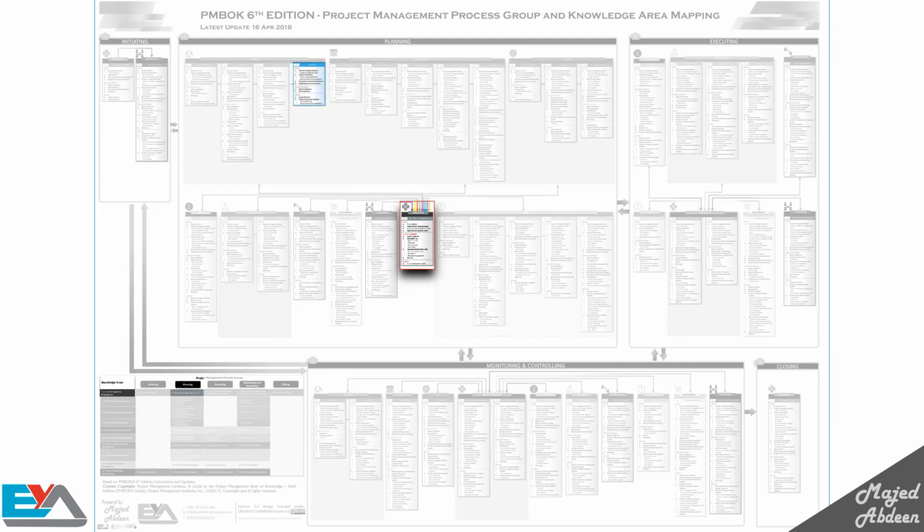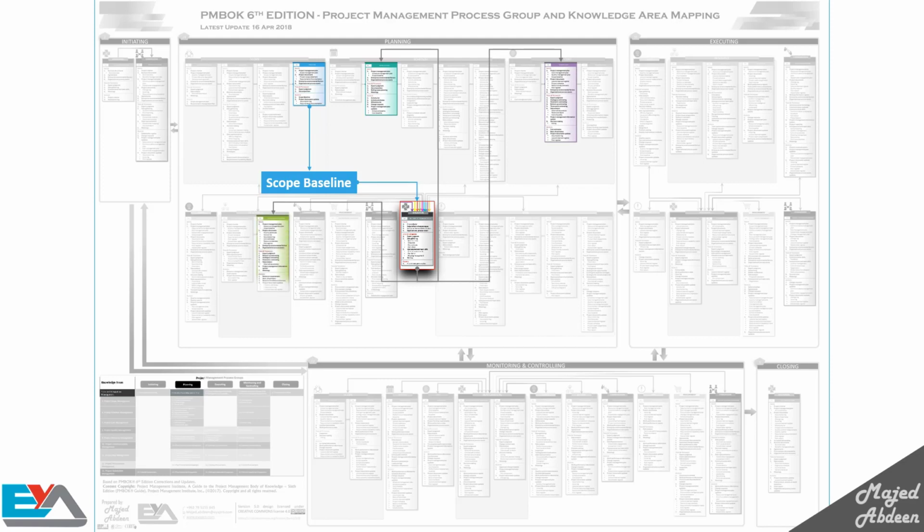We talked about the scope earlier, where we created the WBS, which is one of the scope baseline components. So now we need to integrate this with a schedule to create the activities. Also, we need to integrate the WBS with the cost to estimate the cost for each work package. And we also need to figure out what resources we need to use. After that, we need to integrate this with the procurement in case we need to buy equipment. And because we need to communicate the appropriate information to the appropriate stakeholders, we need to integrate everything with everything else.